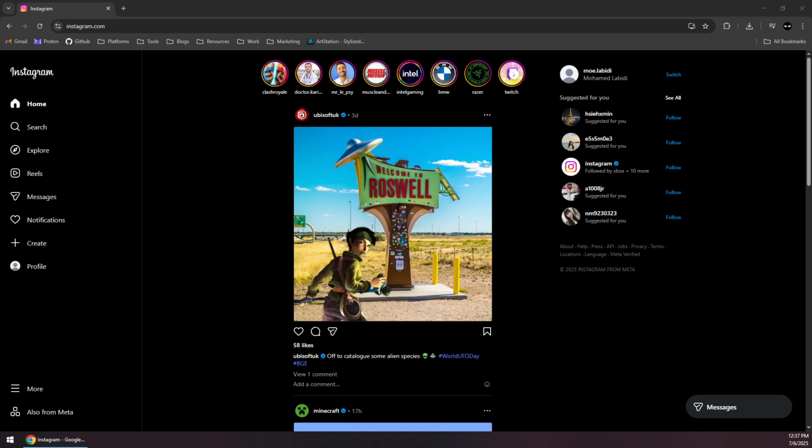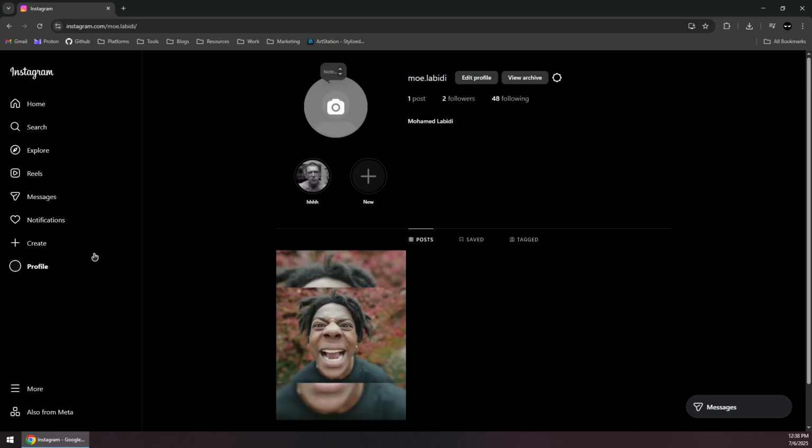How to turn off creator account on Instagram. So basically, if you have a professional or business account and you want to turn it into a personal account or a normal account, the first thing you'll need to do is head to Instagram.com and click on your profile,